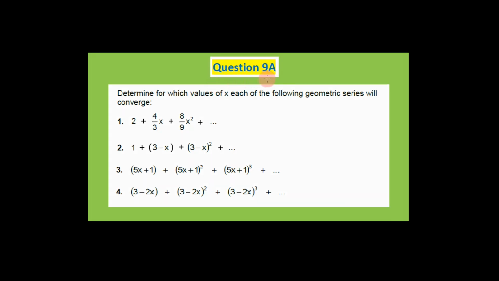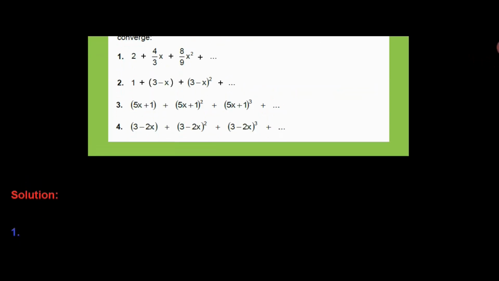So let's look at your answers to this question. In each of these infinite geometric series, we have to find the values of x for which the series will be convergent. So let's look at the first one. We start by finding r, the common ratio. So once again, term 2